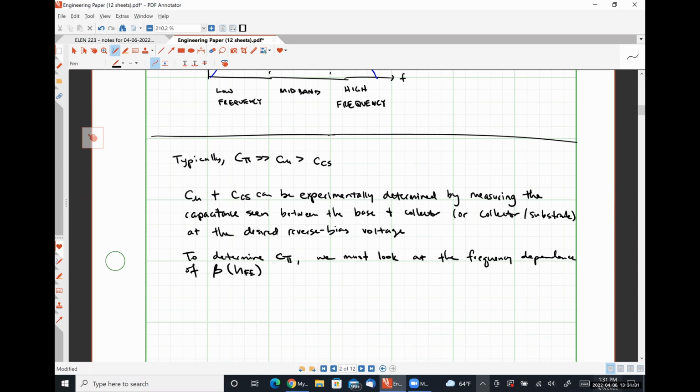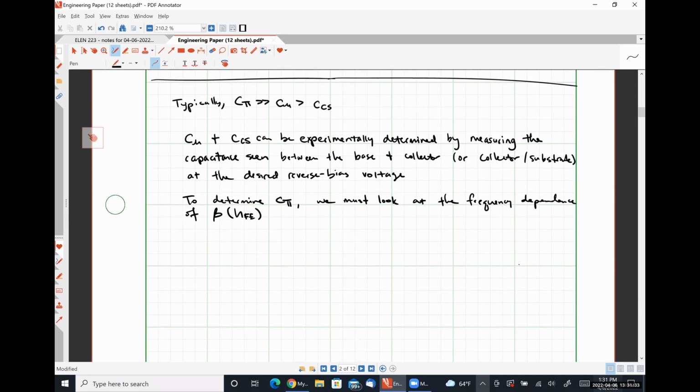Okay. Is that VFE? That's H, lowercase HFE. So the frequency dependence of beta is usually literally given on a data sheet, but we are going to look at a frequency dependent model here, okay? So